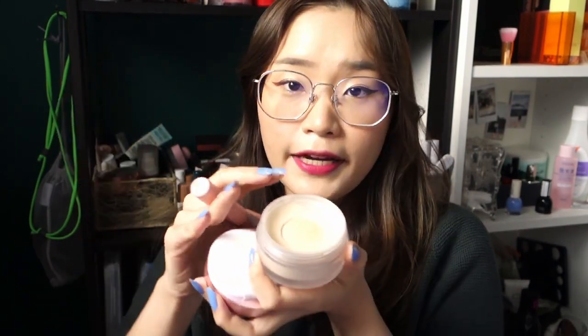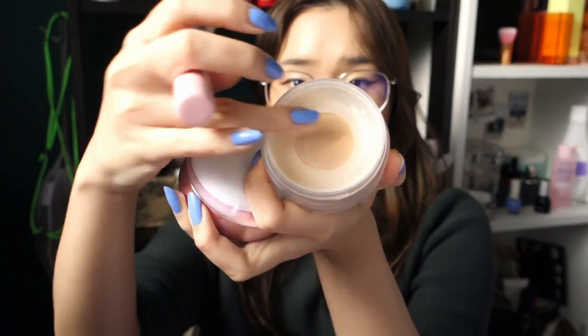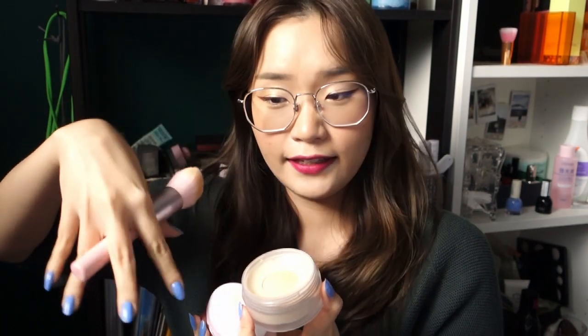Onwards to the powder, which I usually put on with the brush that comes with it. So the ultra fine matte loose powder is actually very fine. It's super ultra finely milled. And the packaging inside comes with this netting thing that sieves the product out. It's actually a little bouncy, and the only other powder packaging that I've experienced with this delivery system is Chanel's